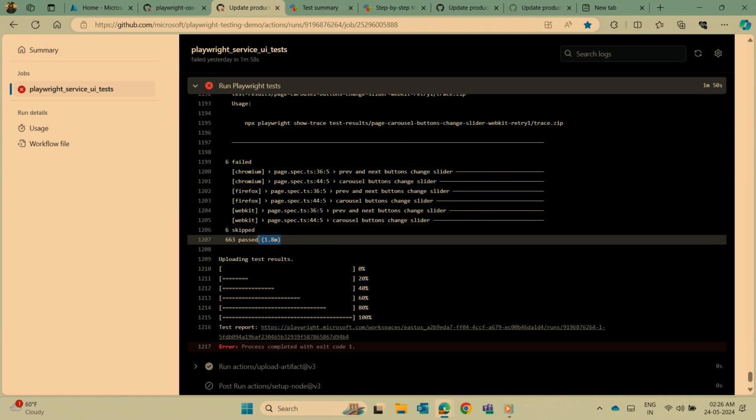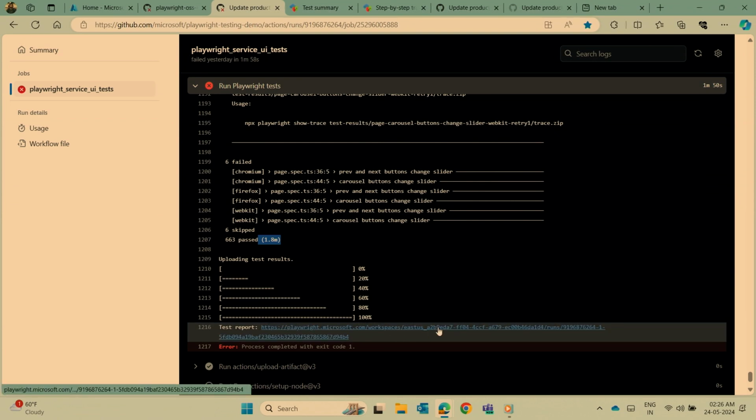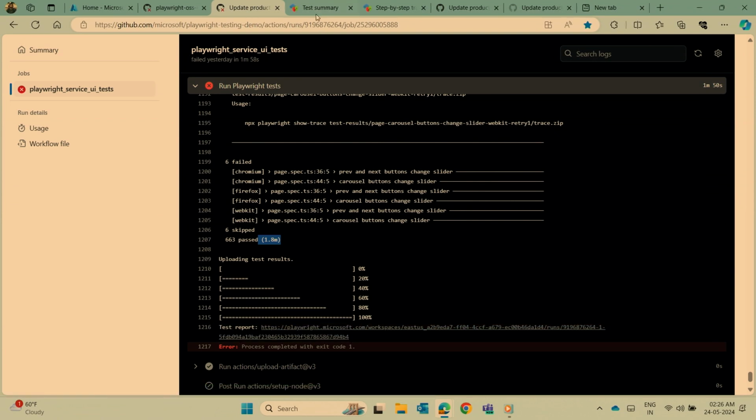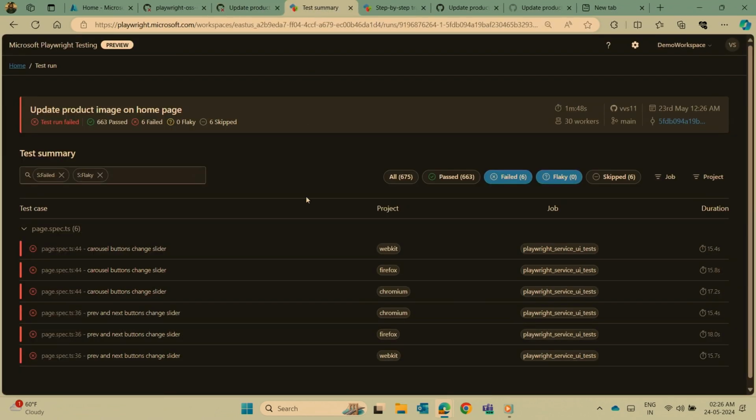At the end of the execution of this step that runs Playwright test, I get a link. When I click on this link, I am taken to the Playwright service dashboard, and it shows me the tests that need my attention. The view here is filtered by failed and flaky tests. It also contains rich CI information. For example, the name of the test run is the same as the last commit message. It also has the author of the commit, the branch on which the tests were run, and of course, the pass-fail status of each test.